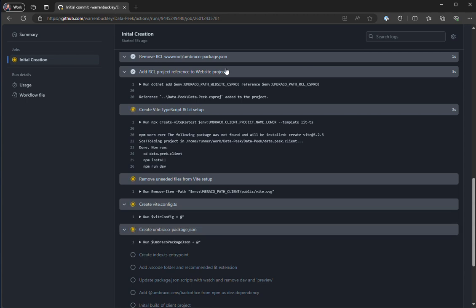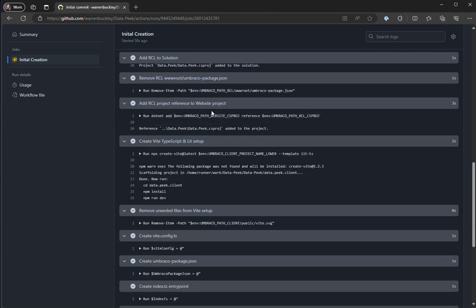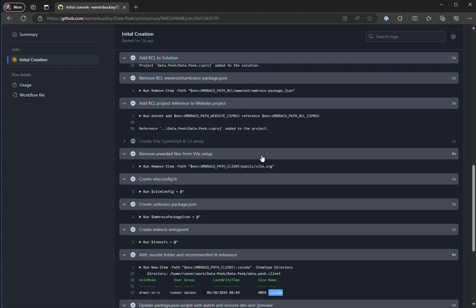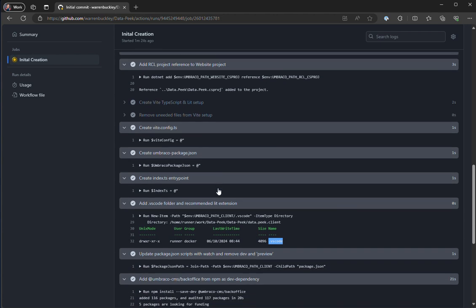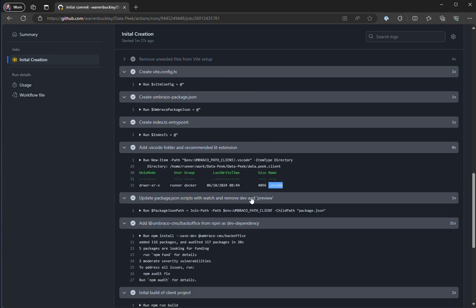it then adds the website to the solution, adds the RCL to the solution, it removes some default files that we don't necessarily need, it then adds the RCL project as a reference inside the website project, then creates the Vite TypeScript and Lit setup so that we can start writing our web components, and then it removes any unneeded files from that template, then sets up some Vite config along with scaffolding an Umbraco package, creates the index entry point, does some other stuff, VS Code, updates the package,